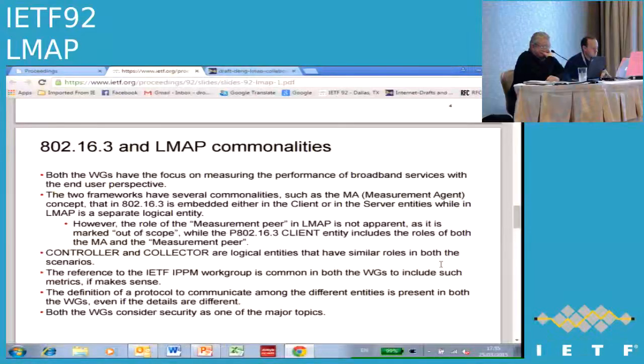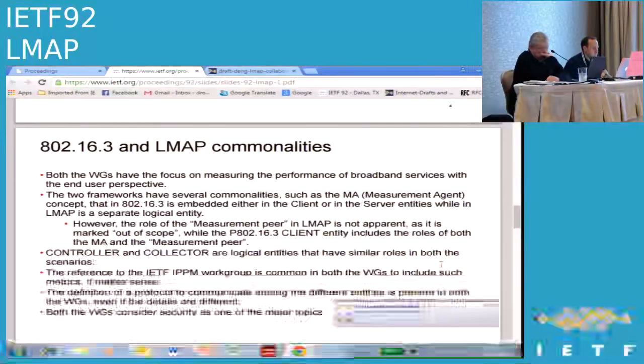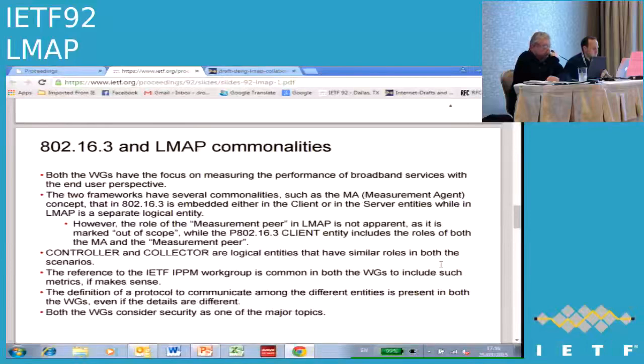But in LMAP, there is also the concept of the measurement peer that is marked out of scope, while in 802.16.3, the client includes both the measurement agent and the measurement peer, with the terminology of LMAP. Controller and collector are logical entities that have similar roles and modeling in both the scenarios, in both the projects, and